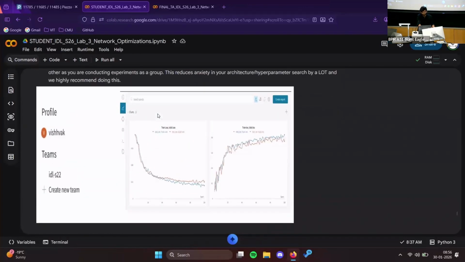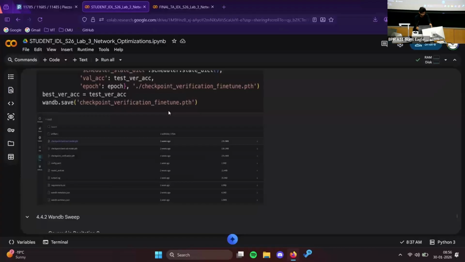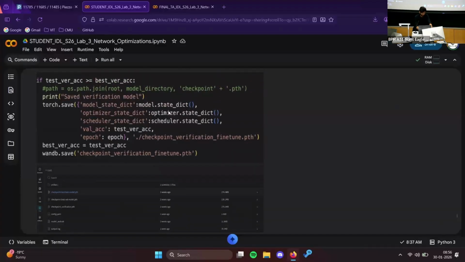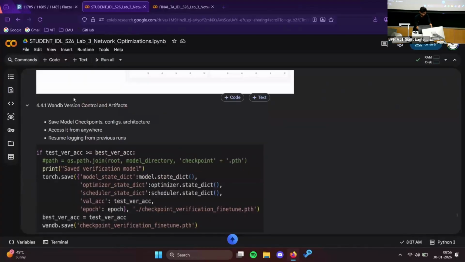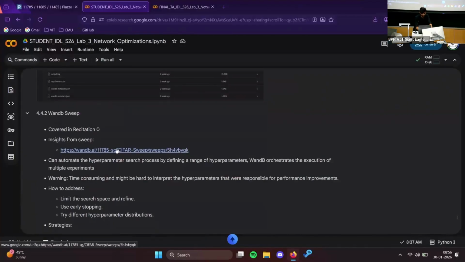So you can define all the hyperparameters that you want to tune, and once you decide all those things, you can just call the W&B sweep to sweep those hyperparameters. It will run all the hyperparameters for you, and it will give you the results. Based on that, you can analyze and infer which parameters are good and which hyperparameters are